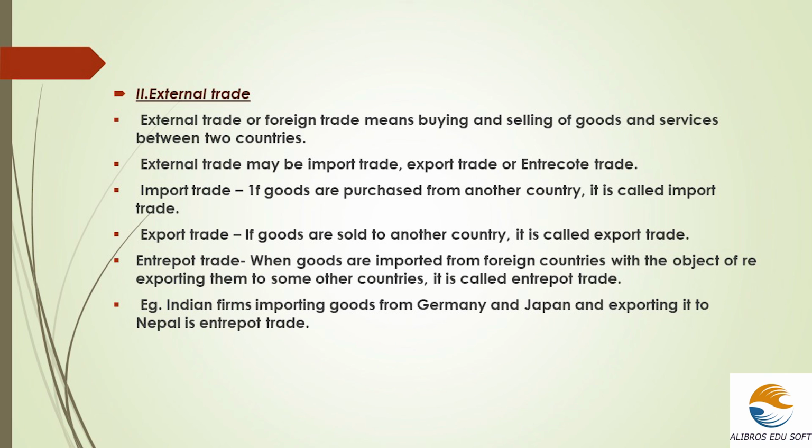So, this is about the classification of trade, internal trade and external trade. In internal trade, there is wholesale trade and retail trade, and in external trade, there is import trade, export trade and entrepot trade. So in this, we have explained trade and its related sectors, and also its subcategories. In the next section, we will move on to the second term in the equation, auxiliaries to trade.